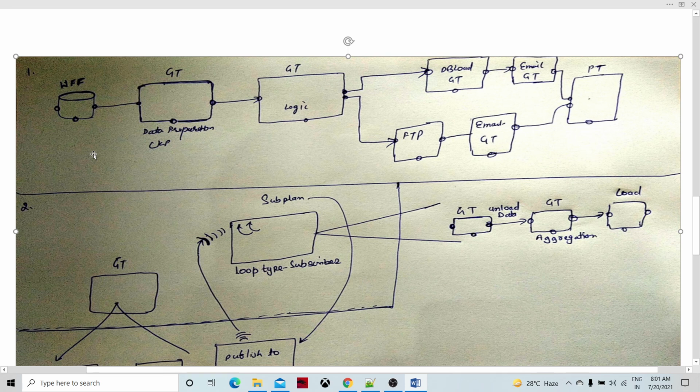We can send an email, we can create another file, or we can create a dummy file to execute it. Many things can be done; the failure management can be done at the on-failure connection point.